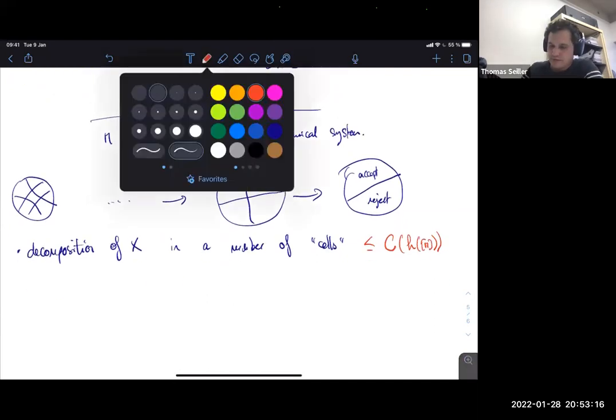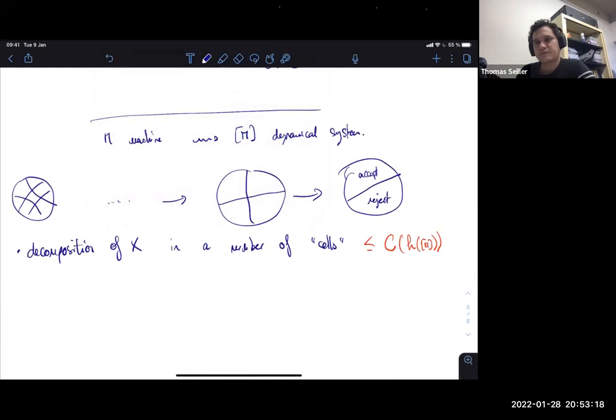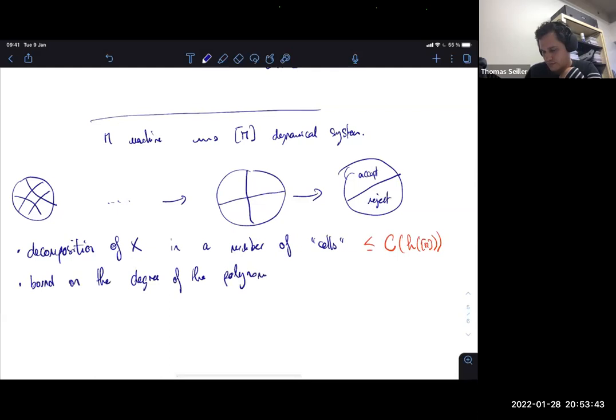And now what you have usually is, for instance, in the Steele and Yao lower bounds, these cells are actually semi-algebraic sets because the boundaries are given by polynomial equations or inequations. And so you know that you have a bound on the degree of the polynomial equation. And this gives you a bound on,